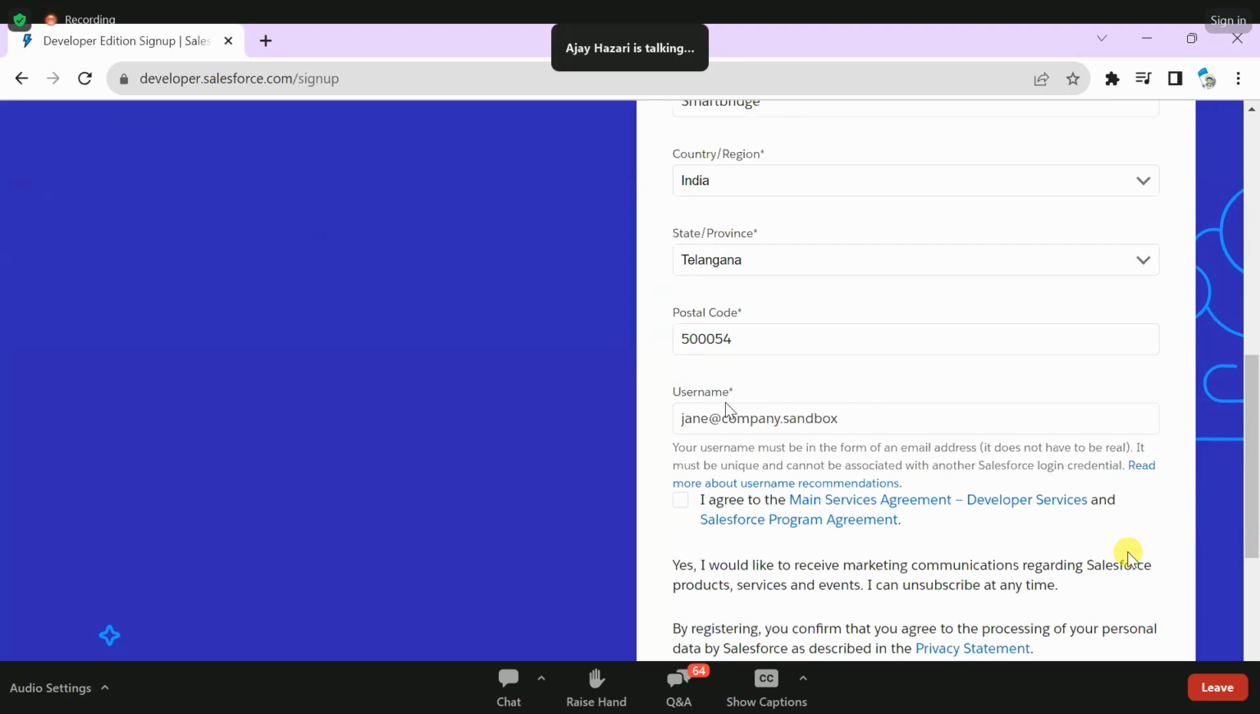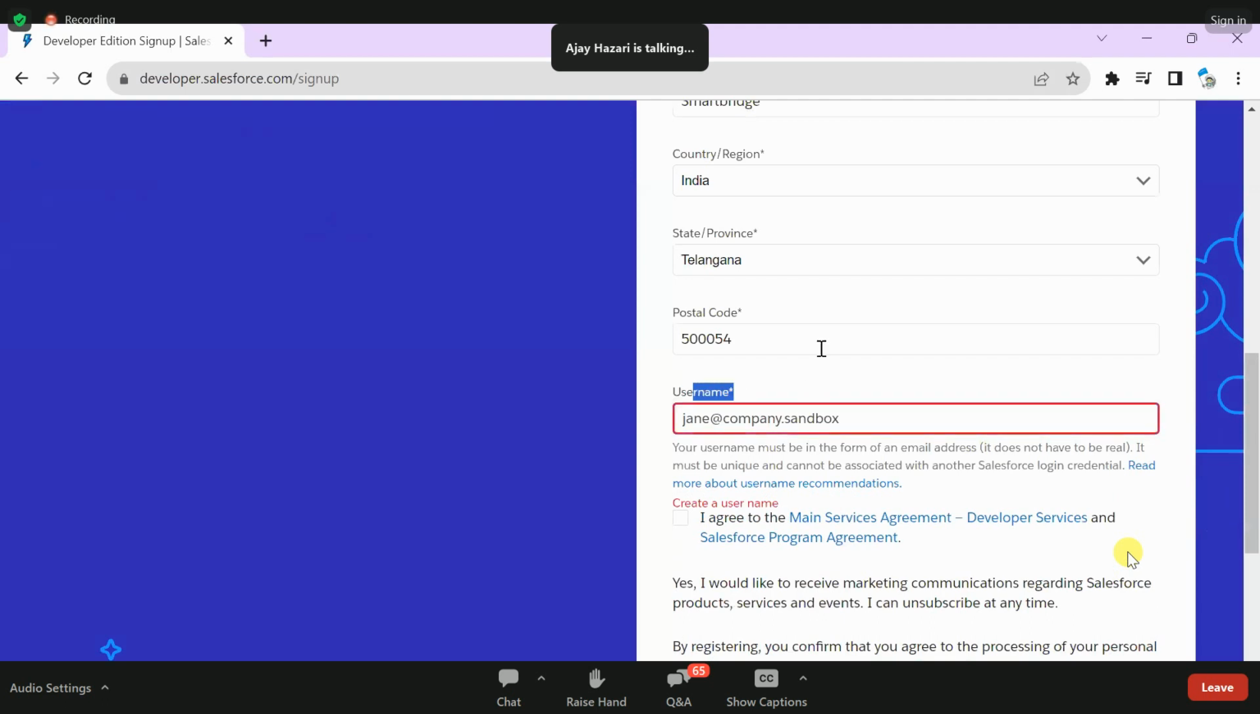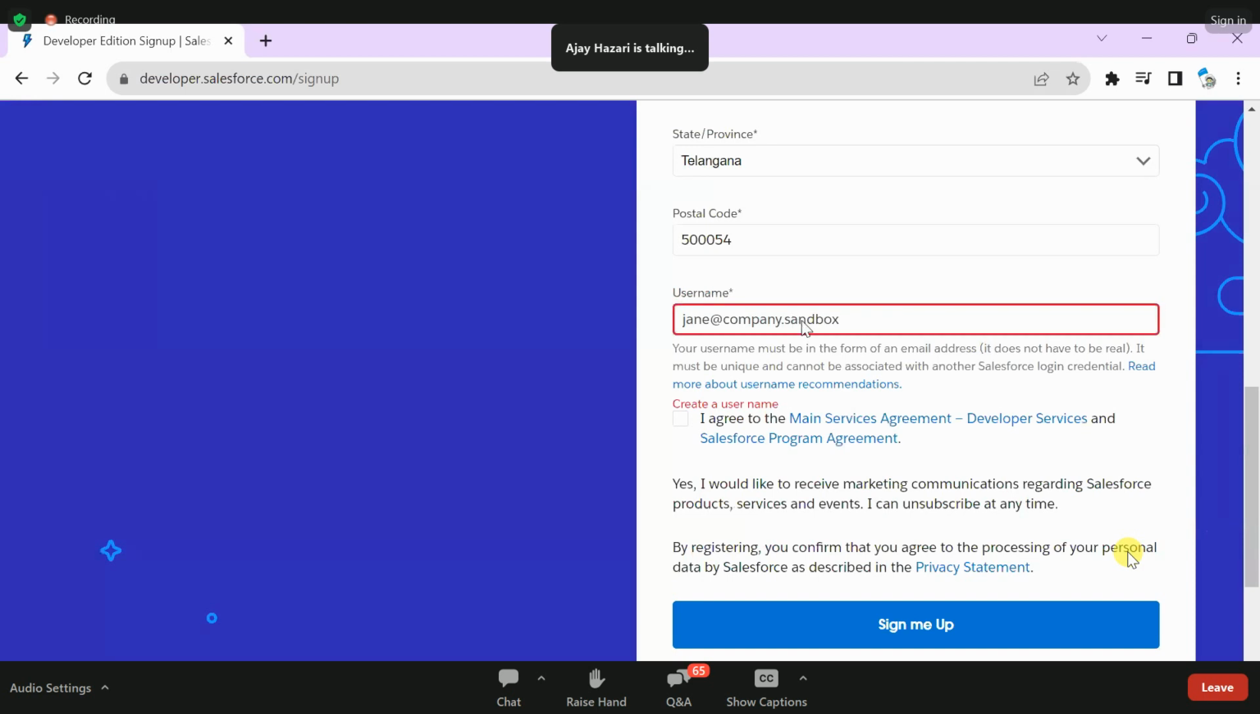Okay, and coming to the username, I already explained you yesterday. Your username must be in the form of an email address. It doesn't have to be real. Okay, so that means the username should be in the form of an email ID. That means it should contain an at the rate and a dot in your username. It should be very unique again. So let me give here Ajay cohort 4, Ajay cohort 4 7 month 10 at the rate